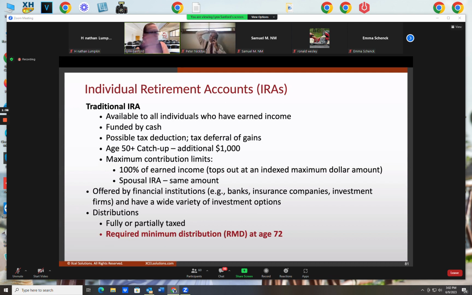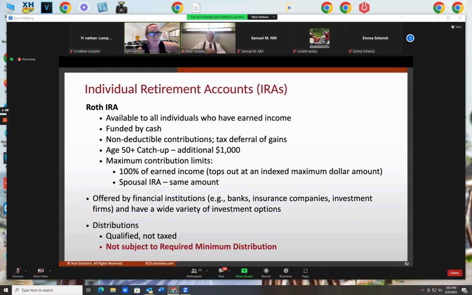So most people don't want to do that because it's two distributions in 1 year, and it forces them into a much higher tax bracket where they pay higher tax on the distributions. They usually don't want to do that. They have to start taking it out by no later than December 31st of the year now. So the SECURE Act 2.0 that was just passed in January of 2023 delayed required minimum distribution age from 72 out now to age 73.